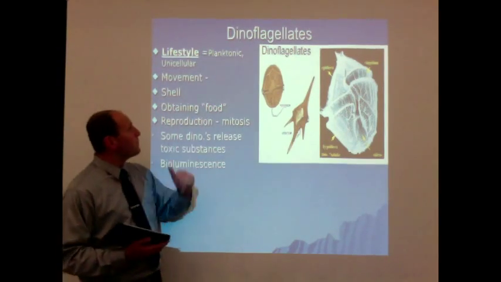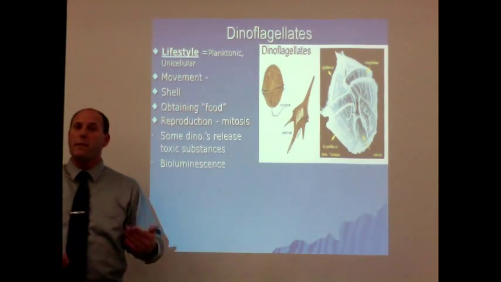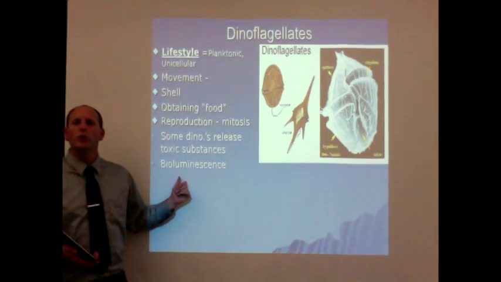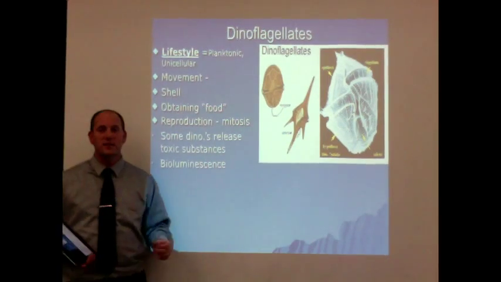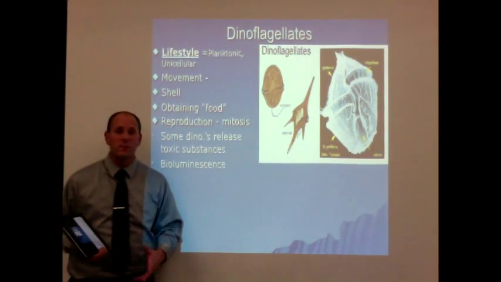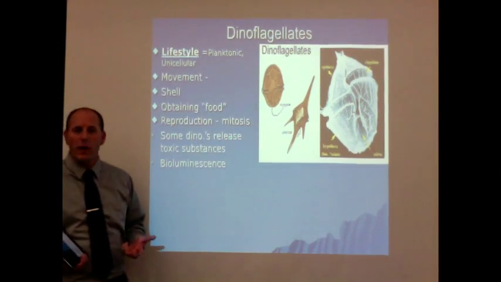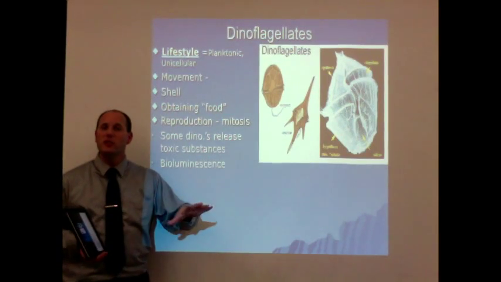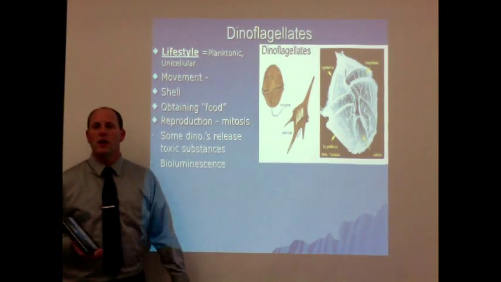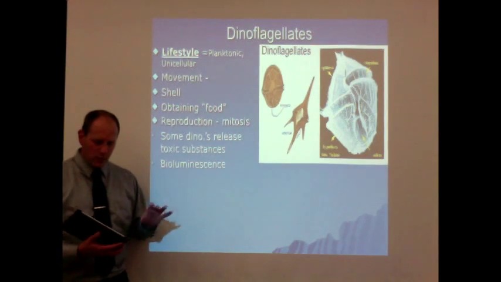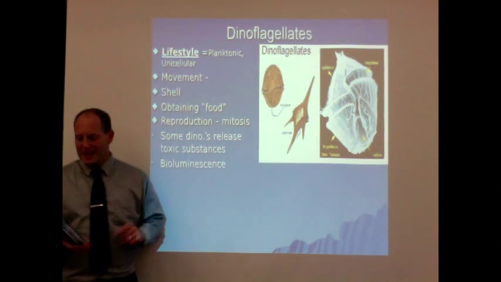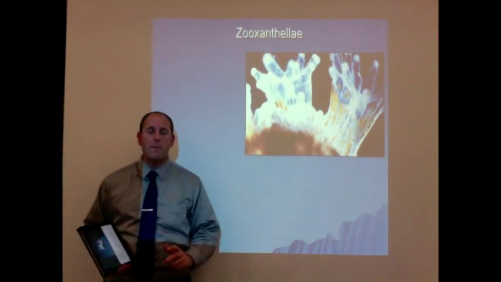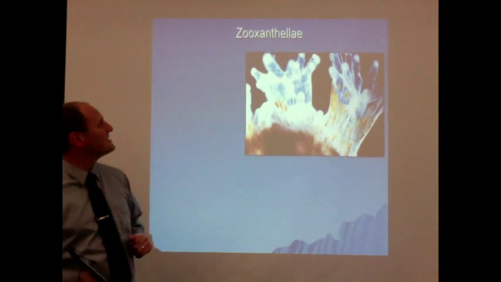The other thing that's really cool about these dinoflagellates is that some of the proteins they produce allow them to glow. We call that bioluminescence. And those deep water organisms where it's really dark have these same qualities as well. So these dinoflagellates, they show some relationships, at least in their DNA, to some of those other deep water organisms. And we'll talk a little bit more about bioluminescence in a couple class periods. The third and final type of organism that we're going to talk about are the zooxanthellae.